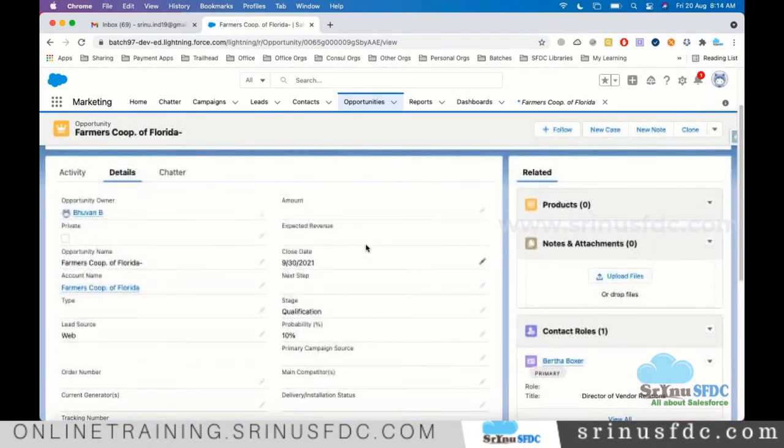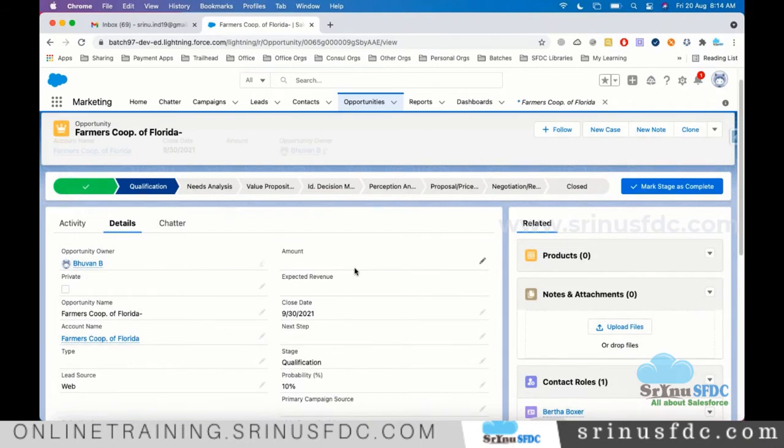And also some companies will have products. You see on the right side, products, they want to add products. Let's say one of the products with quantity 100, maybe one more product with quantity 10, right? And also pricing, based on the pricing, it should automatically calculate and show here. So that is also possible. Here you can click on add products, and we can add multiple products as part of this opportunity, what they are expecting.